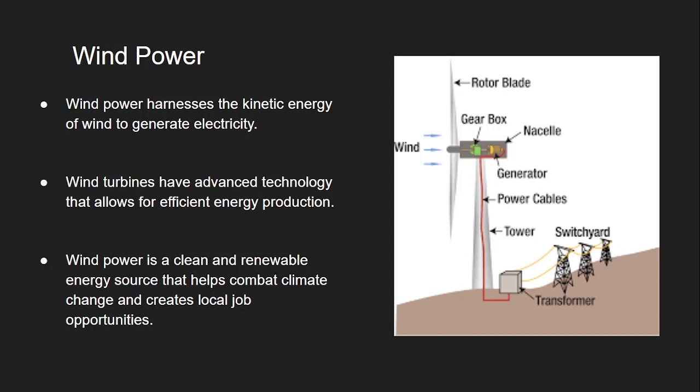A closer look at how wind power works will reveal several different parts, including rotor blades, a gearbox, a generator, and a transformer, which take the kinetic energy from the wind, convert it to electricity, and send it through the switchyard and into the power grid, where it can be stored or